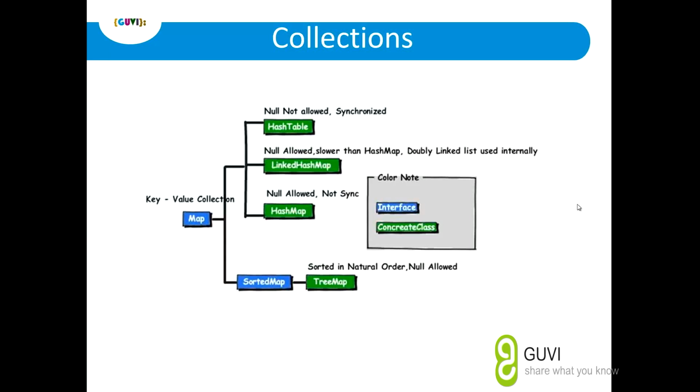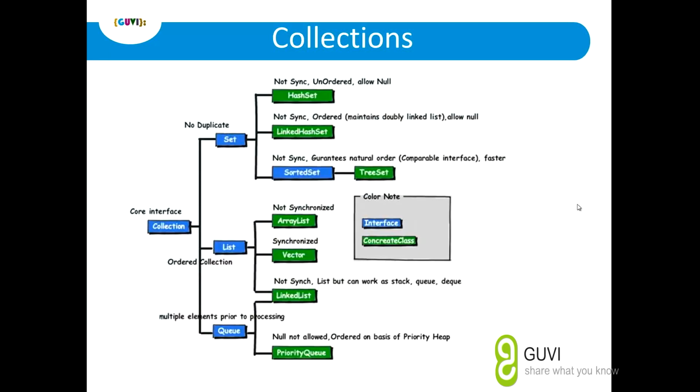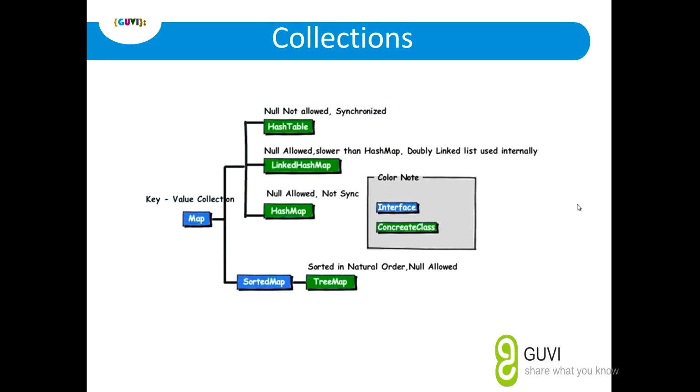Then map represents key value pair collections like Hashtable, HashMap, and TreeMap, and it can again be either synchronized or non-synchronized. So overall there are only 4 divisions in collections: list, queue, set, and map. And the first 3 collections will have a similar set of functions like add, remove, and so on. In map you will have get and set functions for the key value pair.